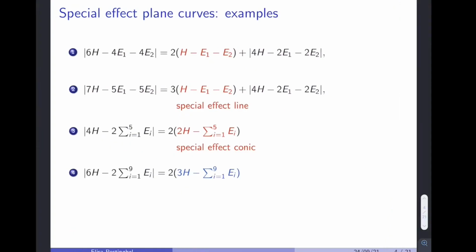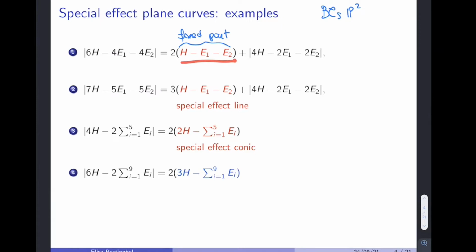So we're going to look at a few easy examples just to have an idea of what I'm talking about. So now we're taking examples in P2, so in the blow up of P2 at a collection of points. And we consider, for instance, this divisor. So these are sextic curves. These are plane curves of degree 6 with 2 points with assigned multiplicity 4. And what is written here on the right-hand side is the Zariski decomposition of this divisor, where this is the fixed part,